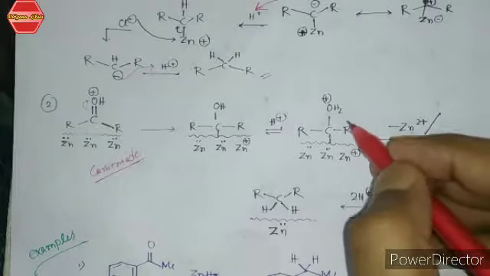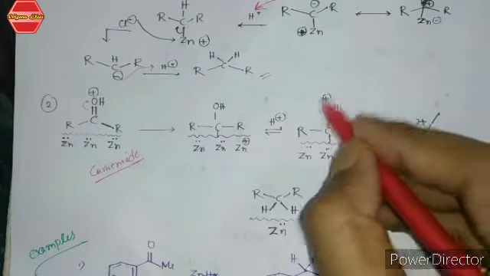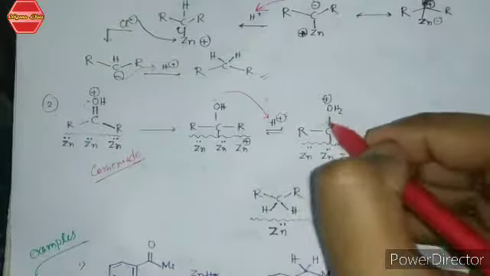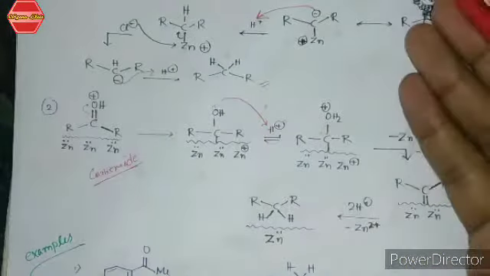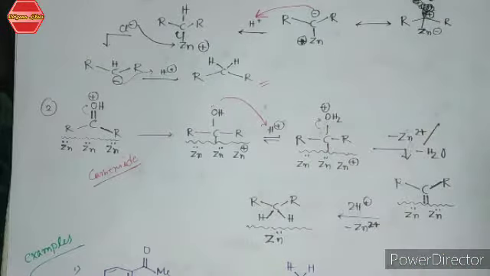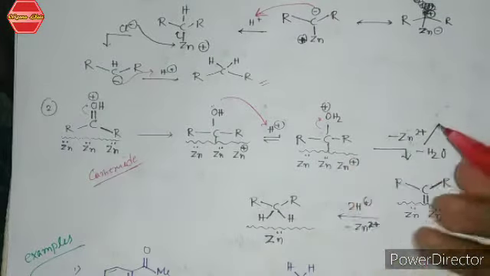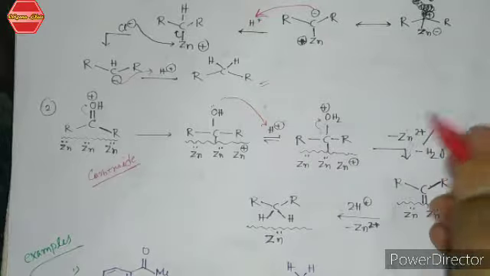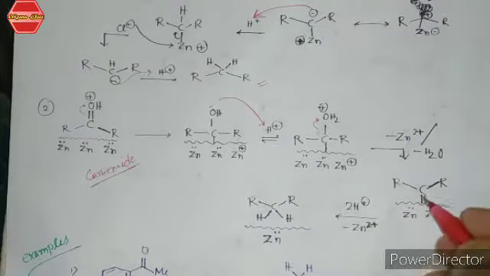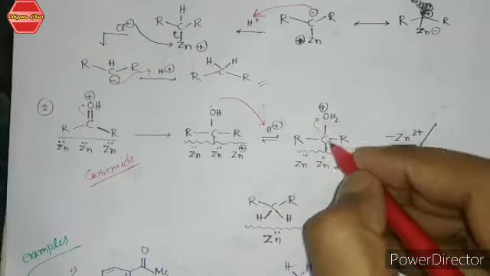Now at this zinc positive center, in presence of acid, oxygen has a lone pair, so it takes a proton from your acid, and it will leave, as from your previous knowledge. Okay, so it will leave from the system as water, and the zinc also leaves from the system as zinc +2. Now there is a double bond over here.